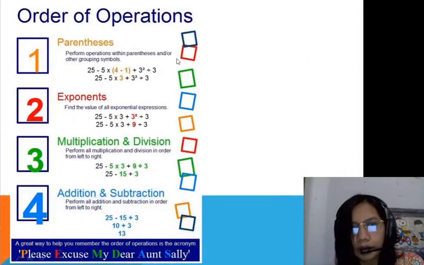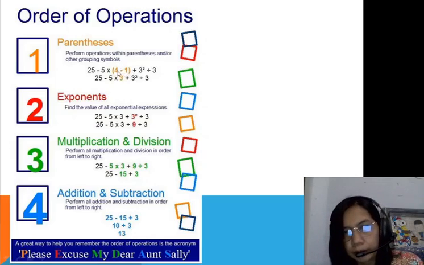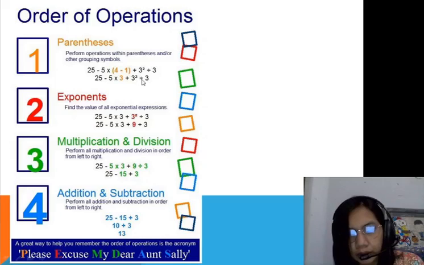Okay. Order of operations, number 1, parentheses. Perform operations within parentheses and or other grouping symbols. Look at here, this is the parentheses. You can count first. So 25 minus 5 times 3, 3 is from here, 4 minus 1 is 3, plus 3 exponent 2 divided by 3. So